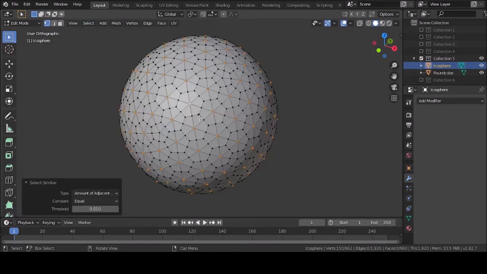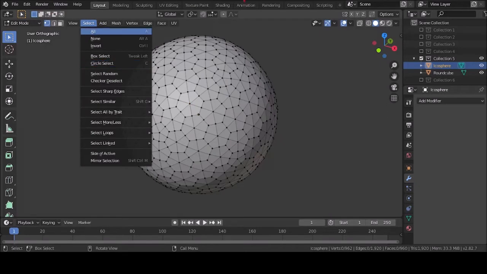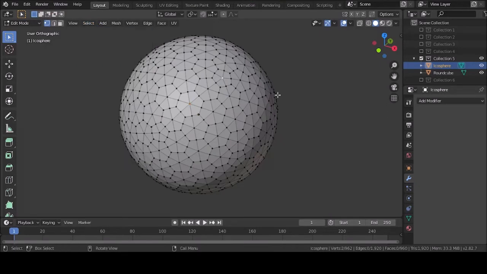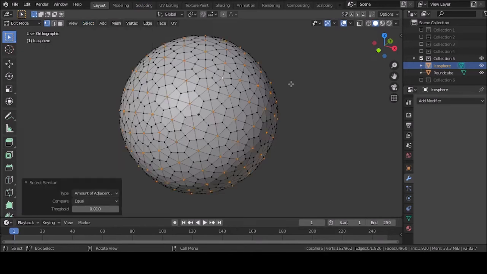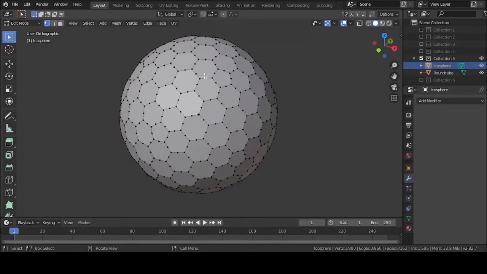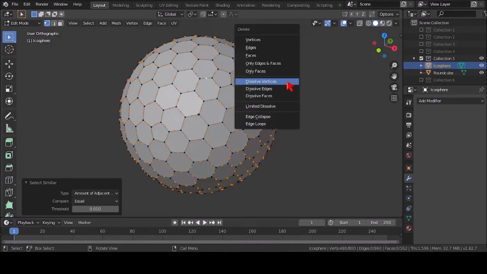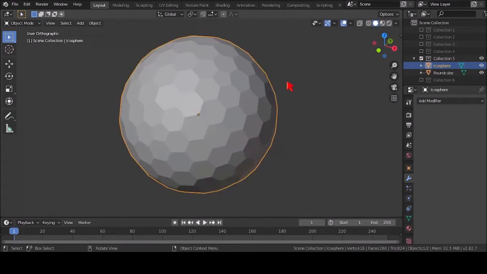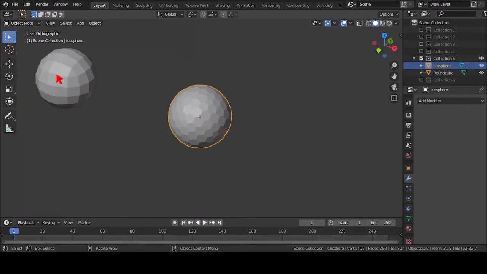So I could do this right here. Actually, I forgot something. Let me go back. I need to select this one too, so let's do that. Okay, now I can do this. Oh, let me undo that though. Okay, now I can do this, and now I can just press delete and then dissolve vertices. Now same thing with this. Okay, and now, and there you go. I have a dual of the triangle grid,